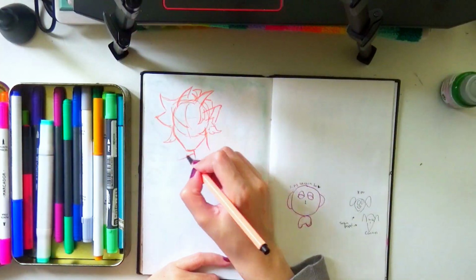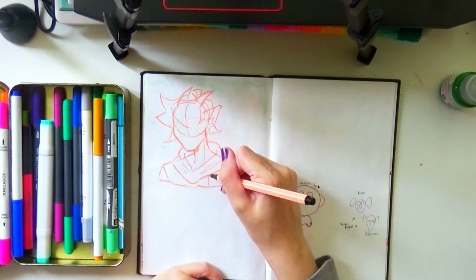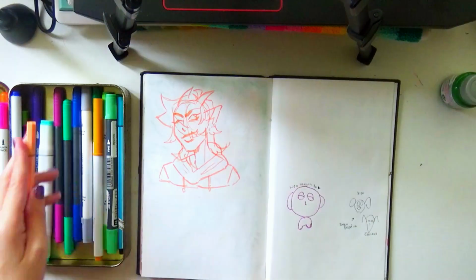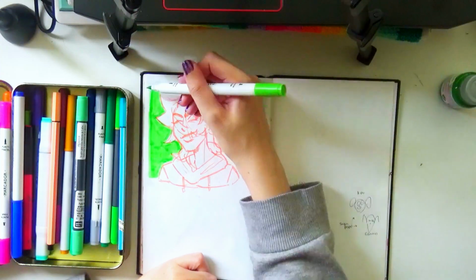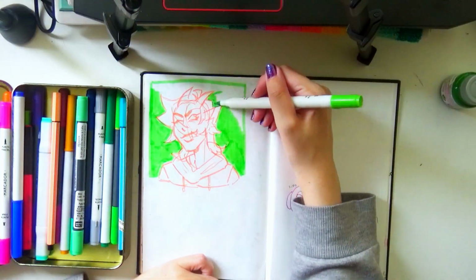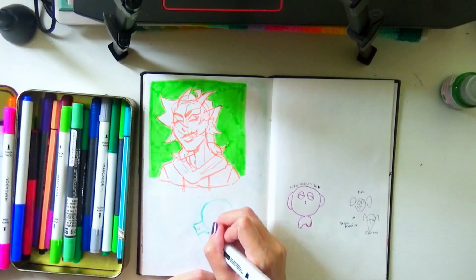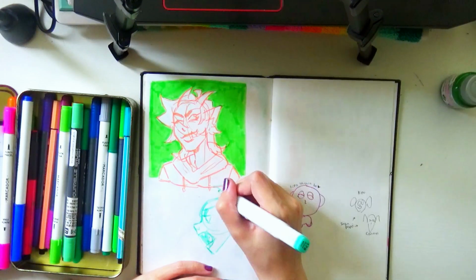I just draw whatever comes to mind first, and I do it with water-based markers and just have fun layering them and seeing what comes out. And if I don't like it, I don't like it, and I try to move on to the next drawing, or I put a sticky note on top and just try to fix it that way. But I try not to think too much about what I'm doing, I just try to have fun with this sketchbook. Anyway,